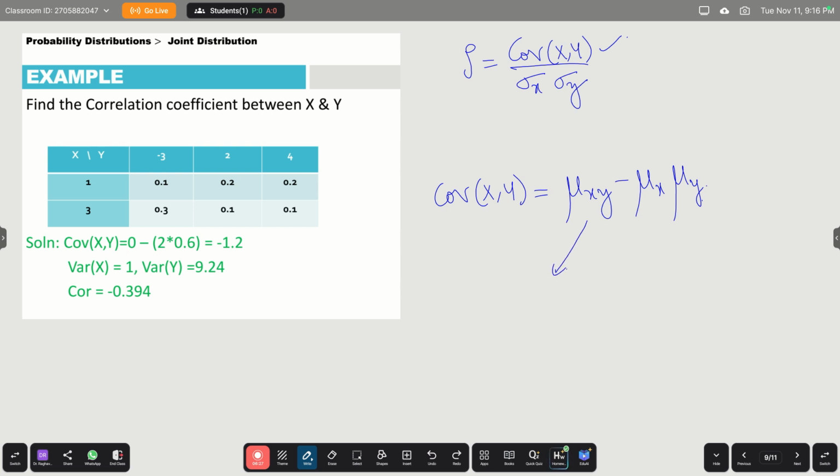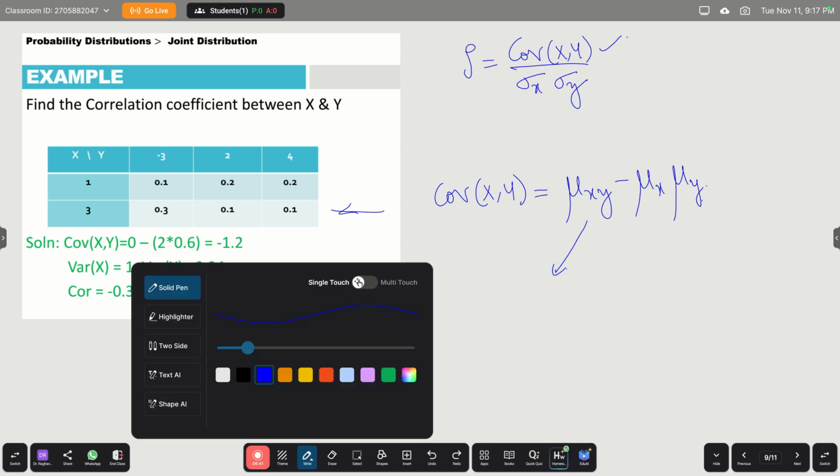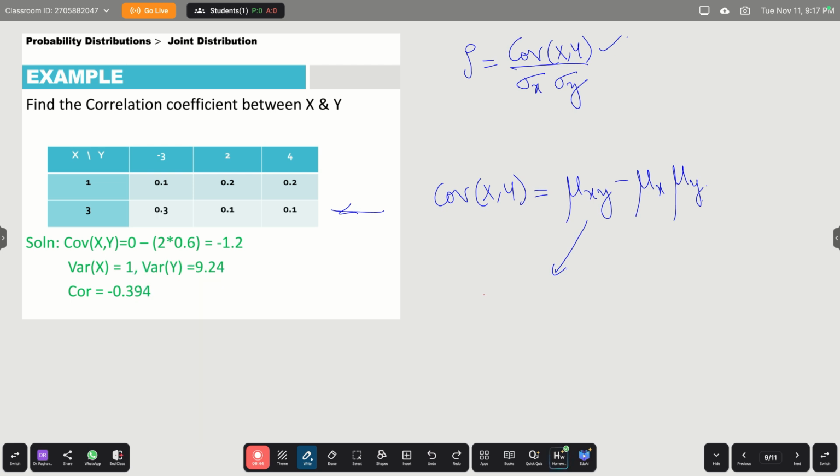This mean is, you can see the joint distribution table, and in previous videos we have already understood how to calculate these means. So once again, if you want me to write, I'll write it here. First probability is 0.1. So 0.1 is multiplied to the corresponding x and corresponding y. So 1 into -3, plus next probability is 0.2. The corresponding x is 1, corresponding y is 2. So it is 1 into 2 into 0.2 plus